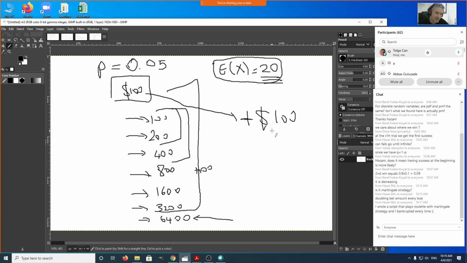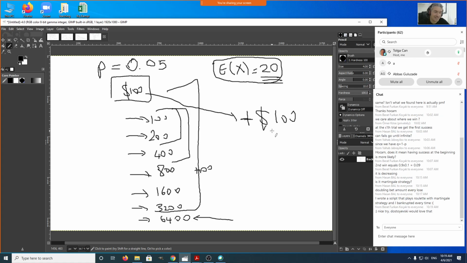This isn't a paradox. I mean, this strategy isn't a paradox by itself. We are expected to win at some point. If you double the amount, you're going to get $100 at the end. What makes this